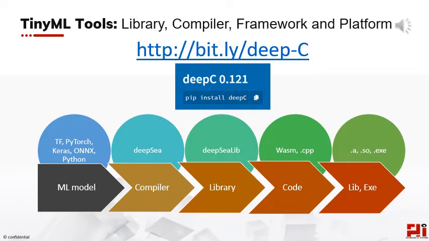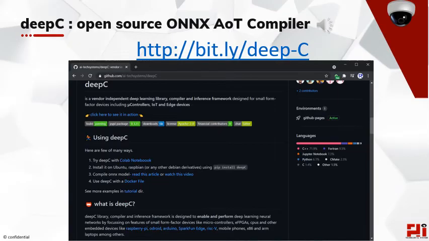deepC takes ONNX model as input, creates compute graph to optimize and schedule ML operations, and finally, it generates the code in embedded C, embedded C++, WebAssembly, static library, bare metal binary, and OSELF. deepC is an open source AoT compiler released under Apache license. It supports Python and allows development of custom machine learning algorithms under an inference framework. It runs in Google Colab and other popular web IDEs like Canvas.